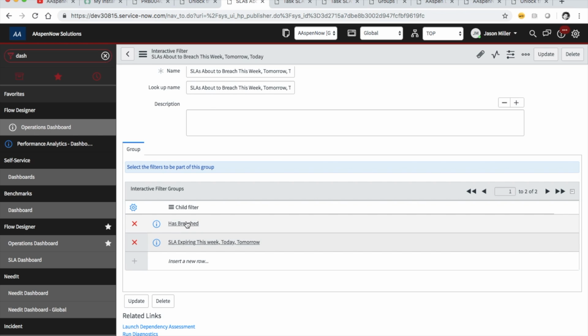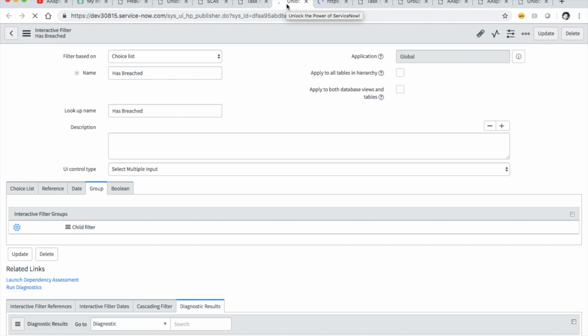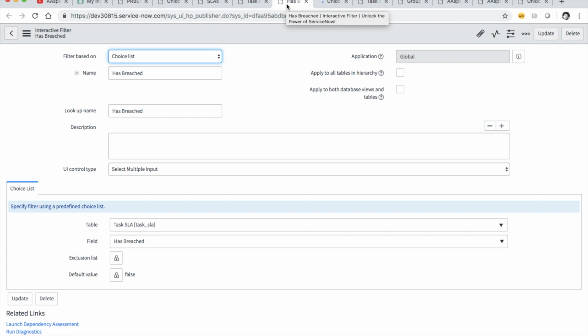So I put this thing together. We can take a look at the child filters too, and really simple stuff that I did off the task SLA table. A lot of people want to measure stuff off of incident, but one thing I find is that